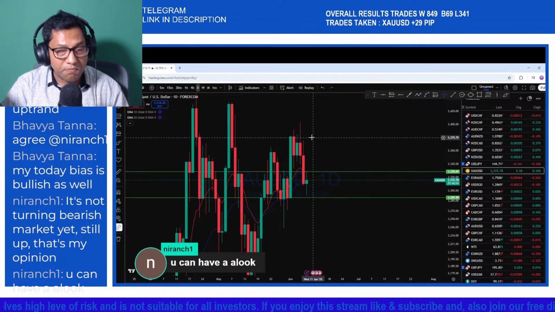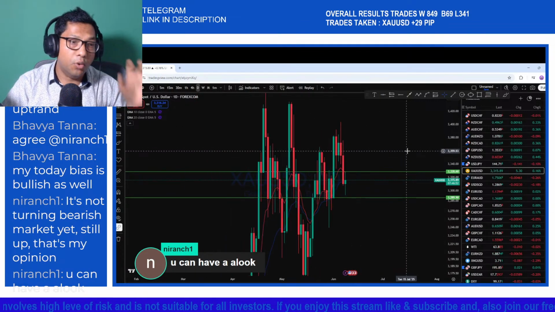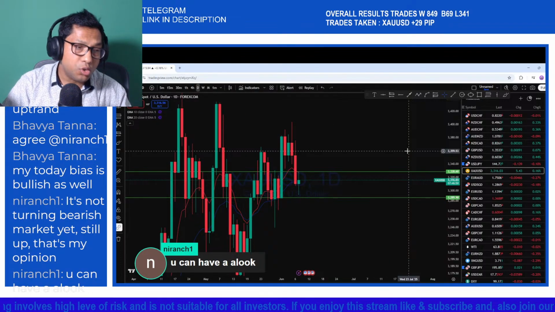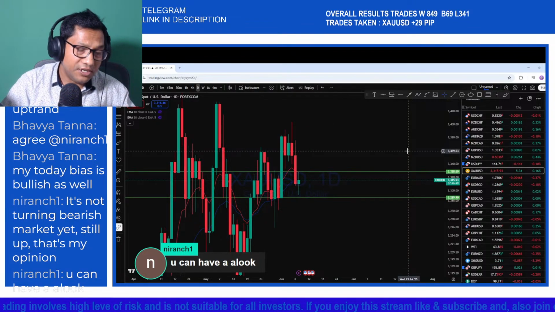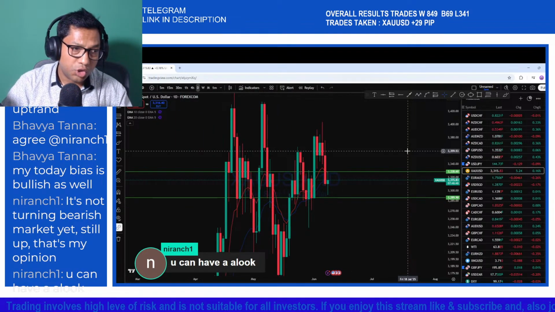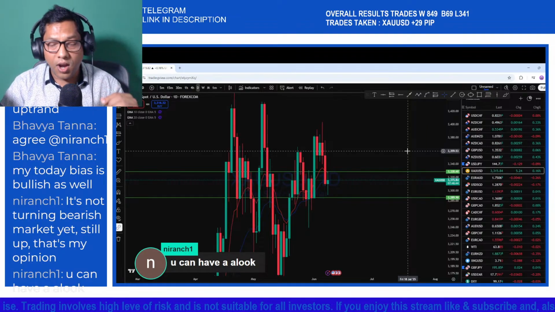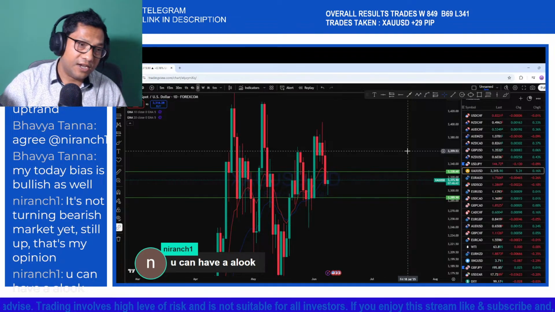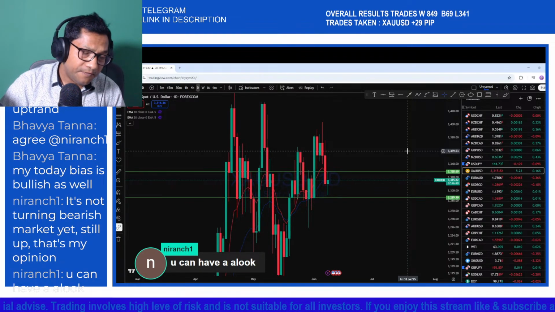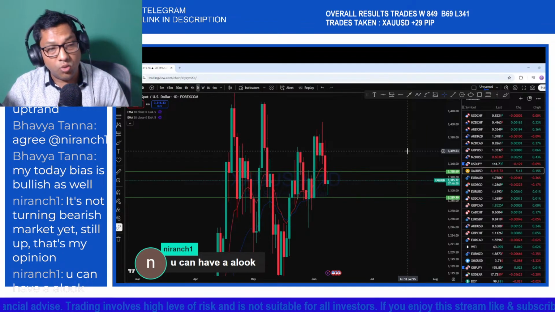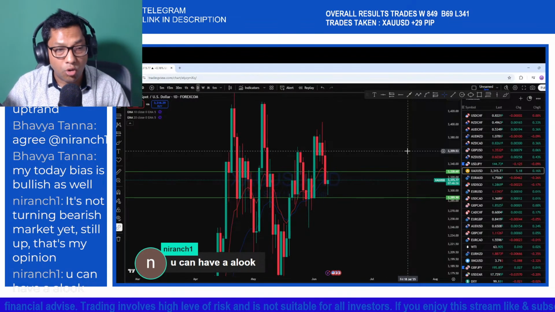There is a strong bearish pressure here, and the bulls may not be able to create a new higher high here. So when you are trading in the direction of the trend, that's where you are well ahead always,